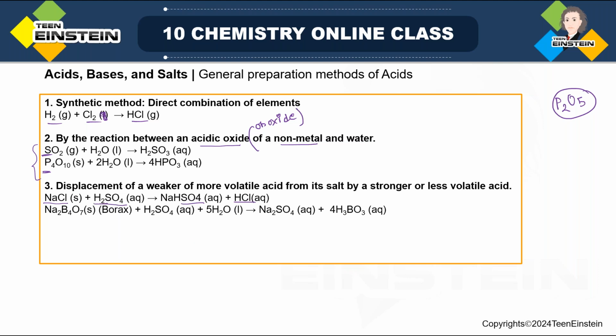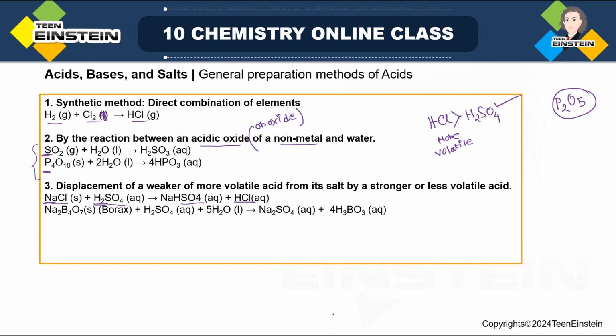That means one of these H is replaced by Na and that H is combining with Cl and it is producing HCl. So here if you compare H2SO4 and HCl, HCl is more volatile than H2SO4. So here we are preparing a more volatile acid from a less volatile acid. So this one is less volatile acid. So we are starting from H2SO4, which is less volatile, and we are having a product which is more volatile